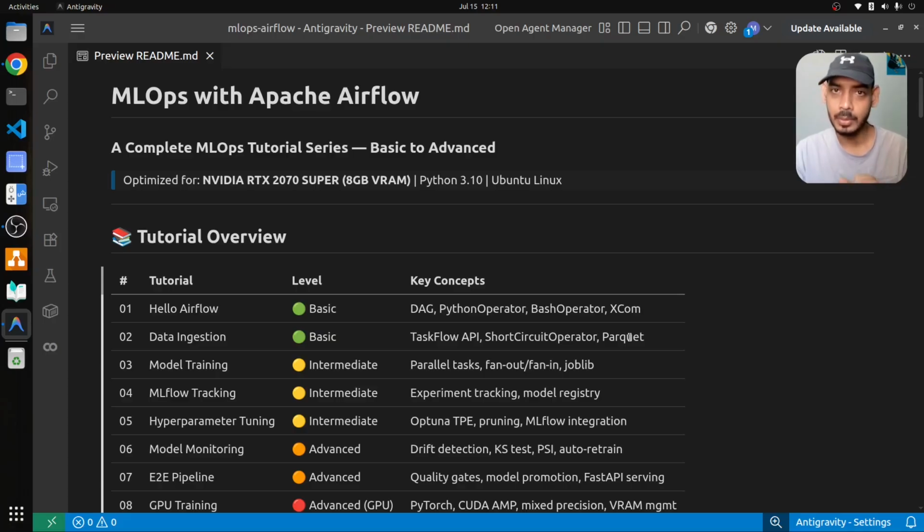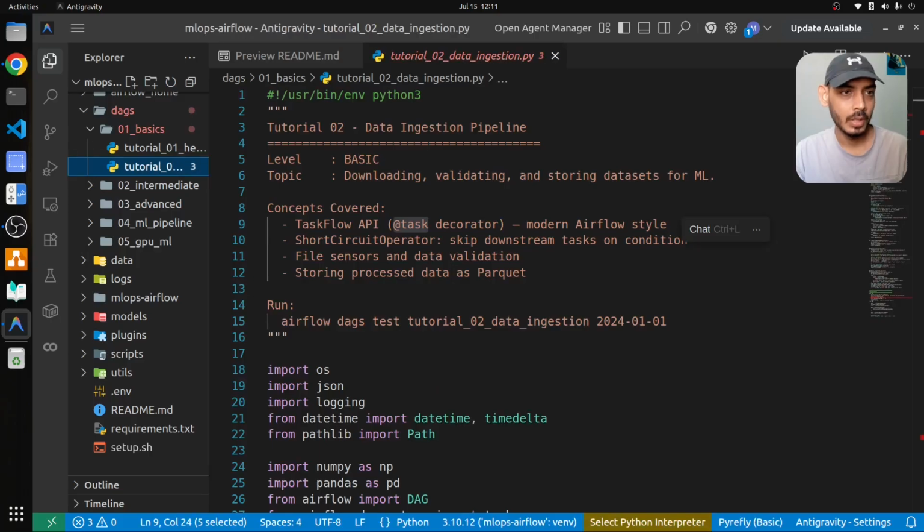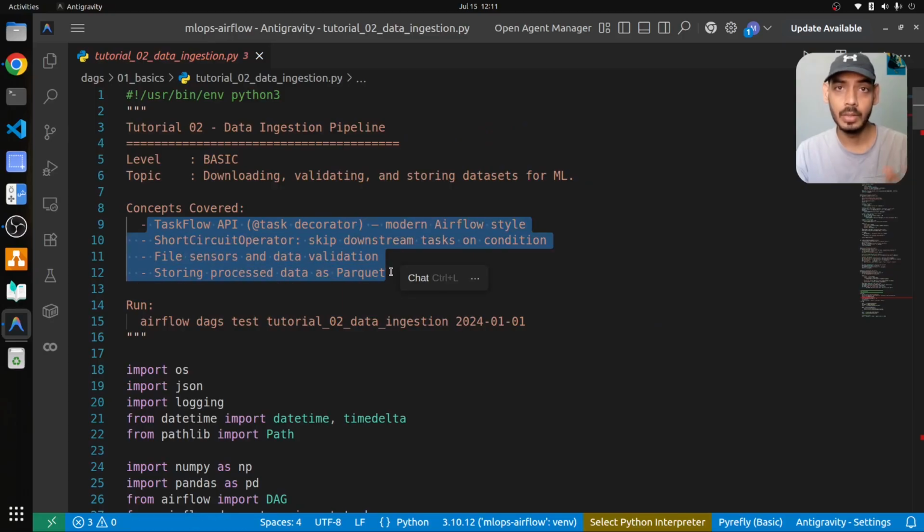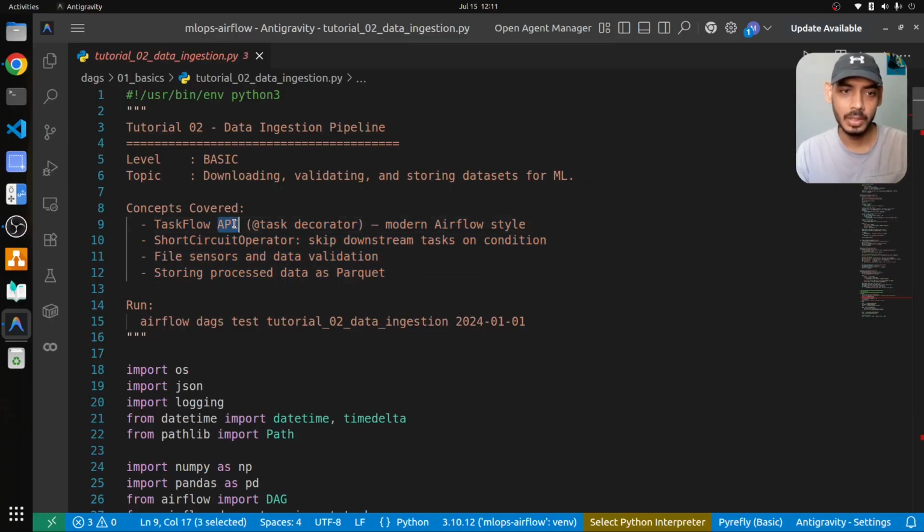So now let's jump into our tutorial. Let me go to the second tutorial here. So here, if you notice, these are the concepts we'll be covering. First is the Taskflow API, which is basically your task decorator, which will turn your Python function into a task in your DAG. And then comes our short circuit operator, which will be used for skipping the downstream task based